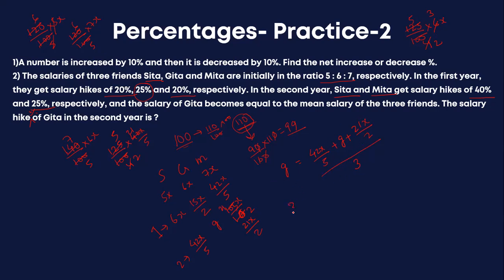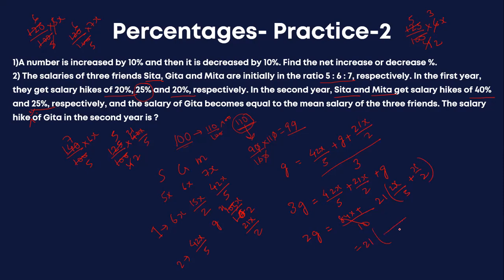I will cross multiply. 3G is equal to 42x by 5 plus 21x by 2 plus G. So if I take G there, 2G will be equal to how much? It will be equal to 42x by 5 plus 21x by 2. It will be what? Wait a minute. 21 I can take common, right? That will be much easier for my life. 21 into 2x by 5 plus x by 2. That is much easier.